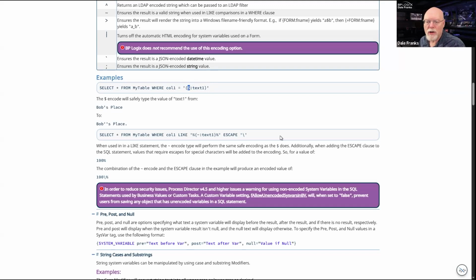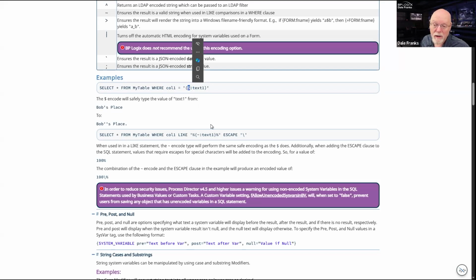What this $ sign does is encode whatever the value of text1 happens to be, and it encodes it in a SQL safe manner, so that you can prevent SQL injection attacks from someone who figures out what you're doing and fills out text1 to enter in some malicious SQL. You can just kill that with your $ sign right there.